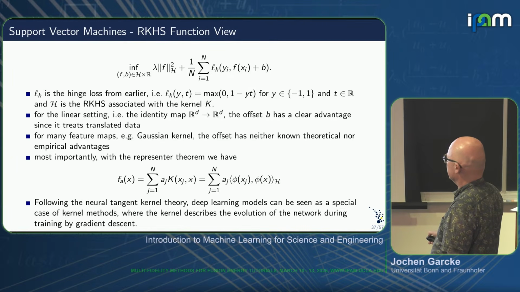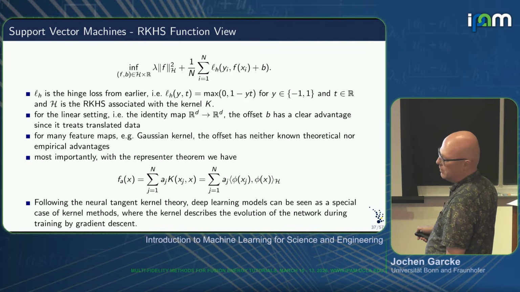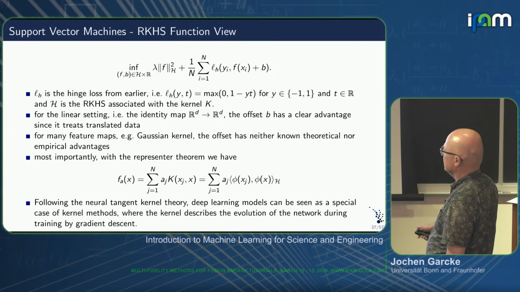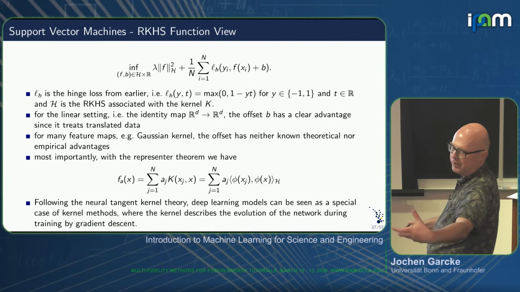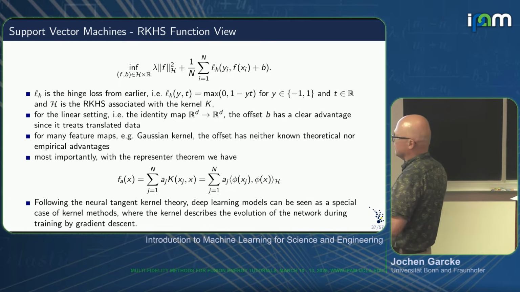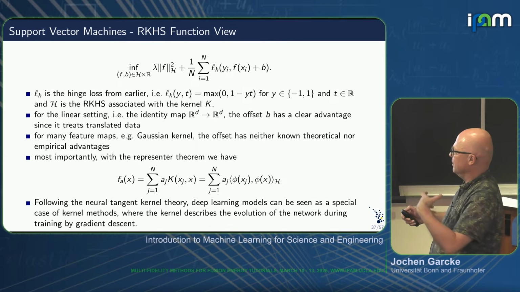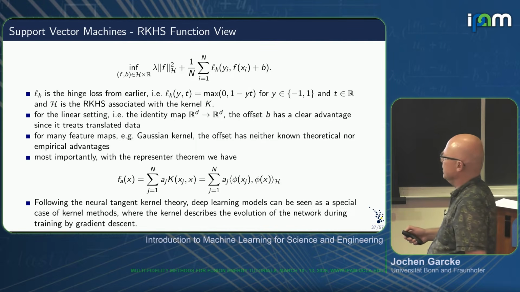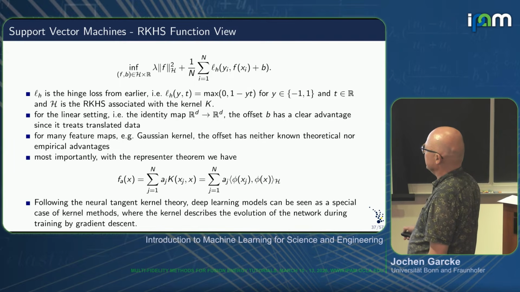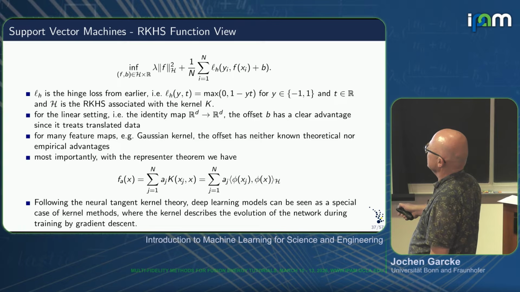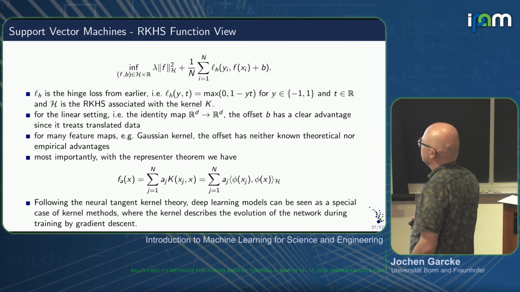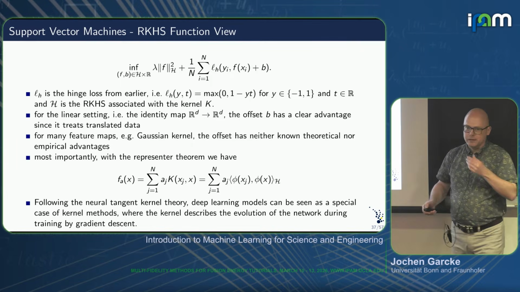So these are the feature maps. I have a scalar product. This implicitly defines the so-called kernel. And then I represent my function space. This kernel gives me a reproducing kernel Hilbert space. And the nice thing is that even with an infinite dimensional function space, if I have a finite amount of data, I have a unique solution by the so-called representer theorem. So with the amount of data, I can represent my function, which minimizes this loss here. This is the smoothness or the norm of this function space, my regularization parameter. This is some loss function. For classification, we have the hinge loss. And this is a way to do that.